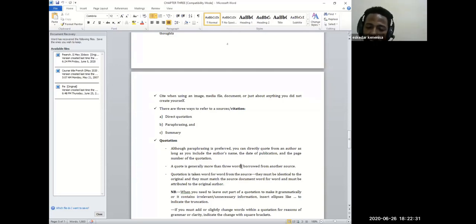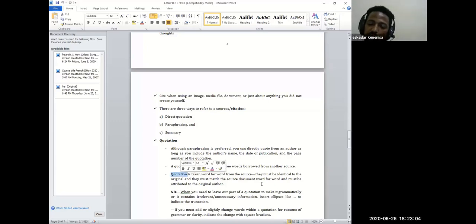Because a quotation is the language of others. It is the words of others, taken word for word. We say quotation if it is taken word for word. It is not merely taking ideas; if you borrow the ideas of others word for word, you have to make a quotation. That is quotation.